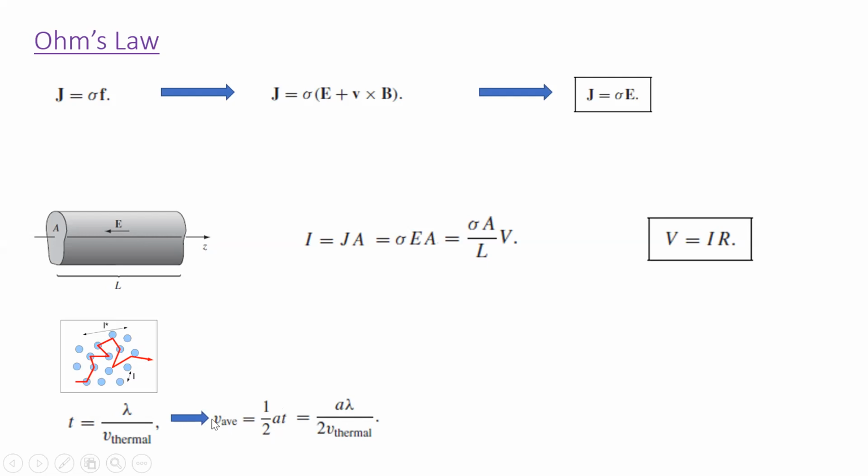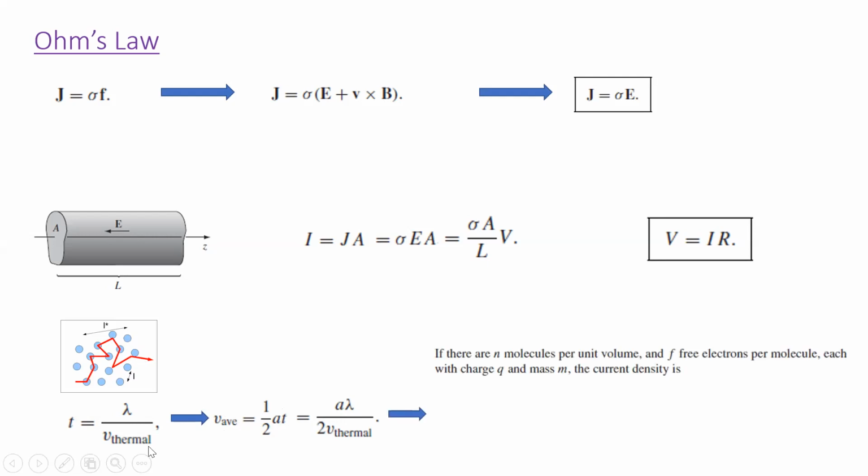Okay, so that is called the drift velocity. The drift velocity. And now let's think about, that's for a single electron moving through, or charge carrier. If we have a solid with n molecules or atoms per unit volume and f free electrons per molecule, and each electron has a charge q and a mass m, then the current density is going to be equal to